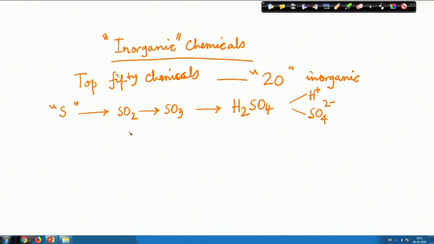So, if we can get a huge amount of sulfur source in our hand, that means we are able to produce sulfur which can be oxidized to sulfur dioxide, and that sulfur dioxide can be oxidized to sulfur trioxide, and this on reaction with water, basically in the presence of some catalyst, gives you sulfuric acid. So, the production of sulfuric acid will give us some idea that we can utilize this for making different